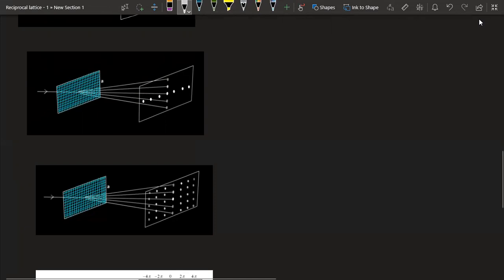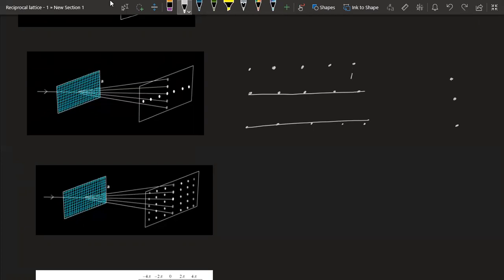We can actually consider some other planes as well. Say these are our dots, and this is our crystal. We have considered only horizontal planes and vertical planes, right? This was a horizontal plane set, and these dots will appear in this particular direction. The separation between these dots is inversely proportional to the separation between these planes. So if we consider some other color, I don't know why this is not appearing.